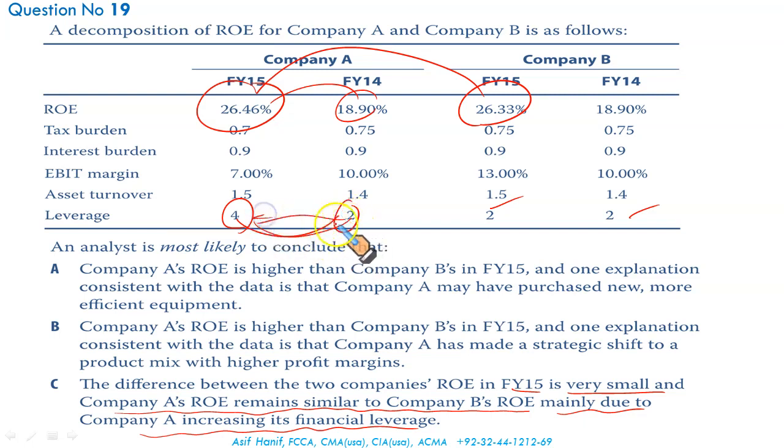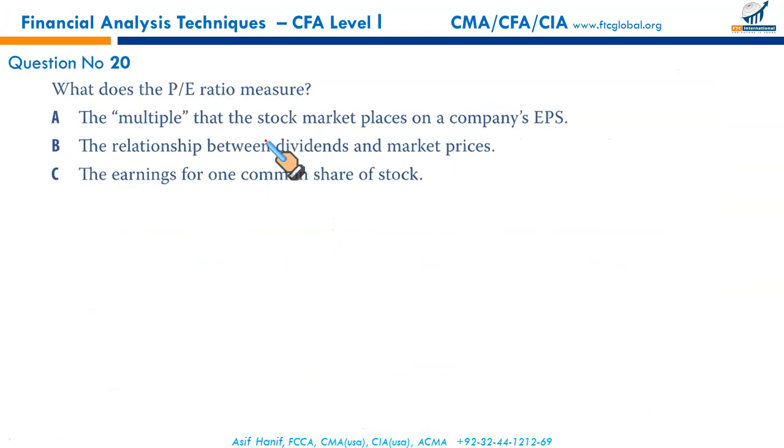Since company A has higher leverage, they were able to generate more profit, and even the overall difference between their ROE was minimal. So the difference between the two companies' ROE is very small, yes, and company A's ROE remains similar to B's, mainly due to company A increasing its financial leverage from 2 to 4, so they were able to transform this leverage into higher profitability. C is the right option. Next,